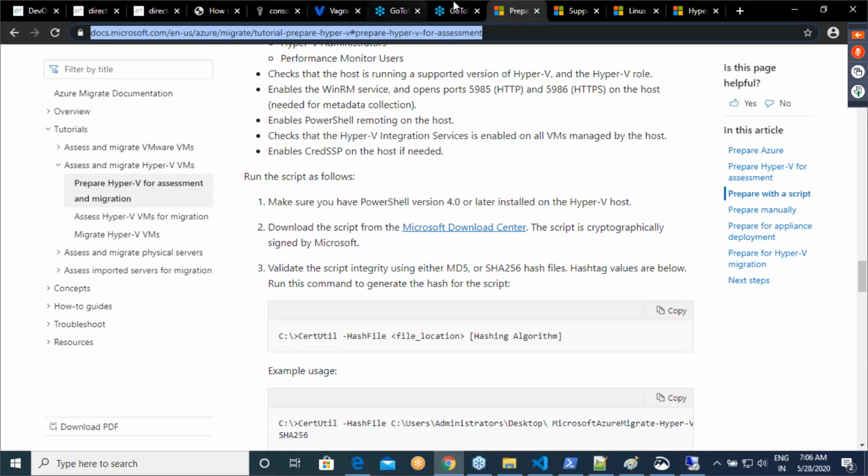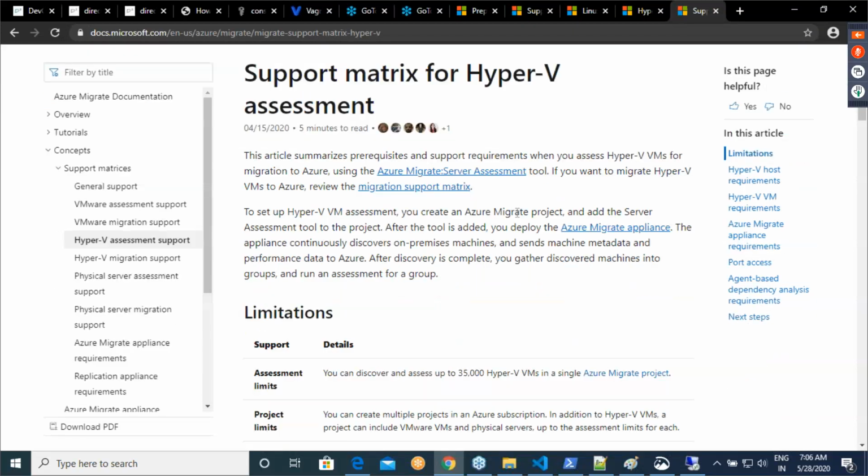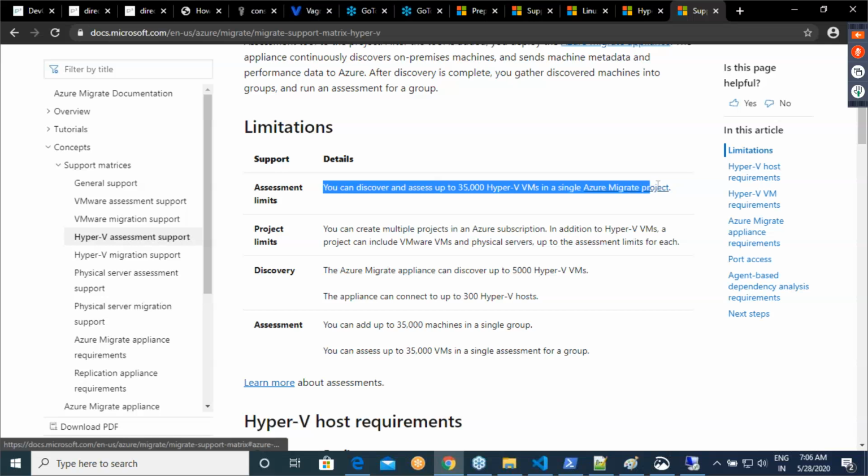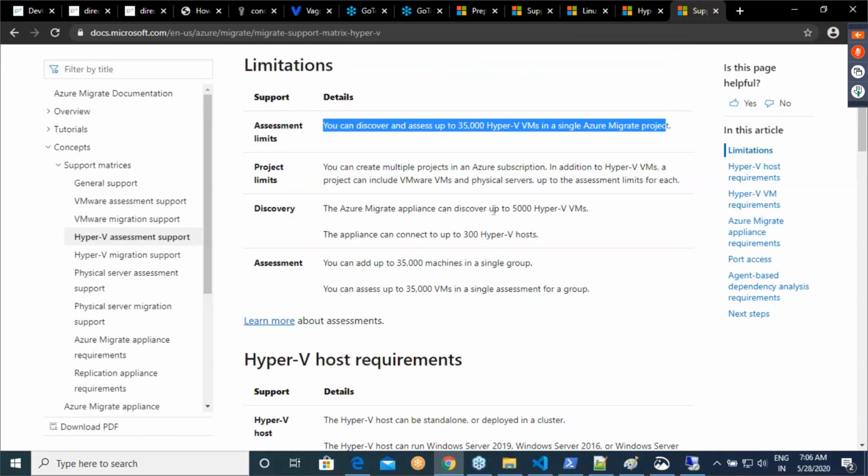If you look into this assessment support, what is it trying to tell? It is telling that you will have the following limitations. You can assess up to 35,000 Hyper-V VMs in one Azure Migrate project. Okay. Discovery can happen up to 5,000 VMs.